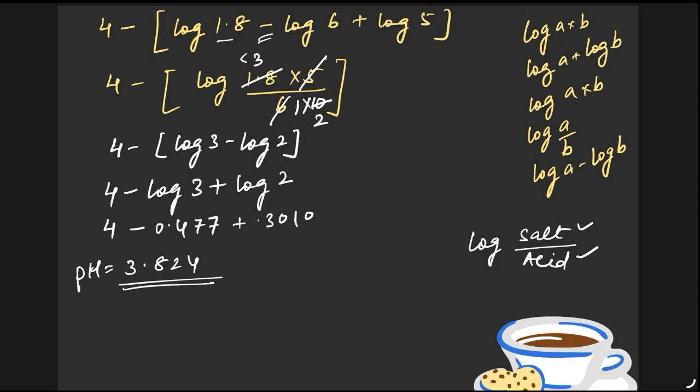So if the volume becomes 10 liters, what will happen is that in log salt, the concentration of salt, 0.06, will now be divided by 10, and the concentration of acid, 0.05, will also be divided by 10. Now in this case the volume term gets cancelled. So overall the pH remains the same. So in the second case also the pH of the solution will be